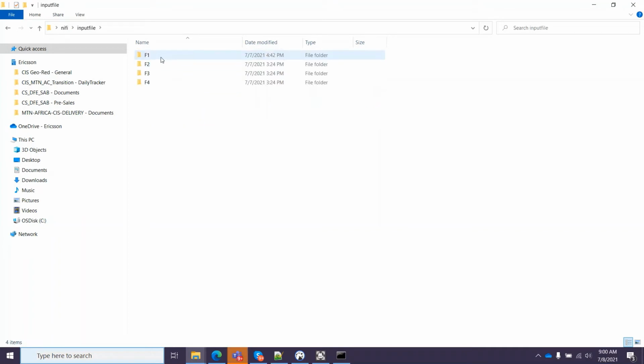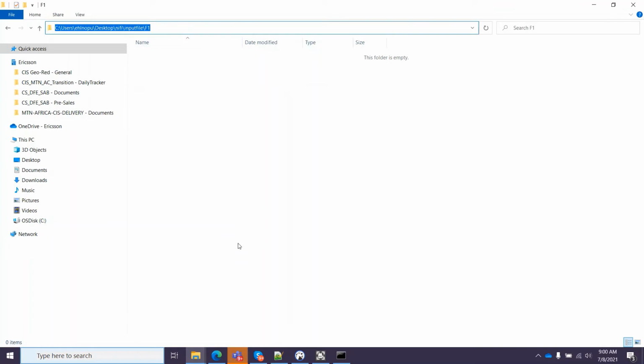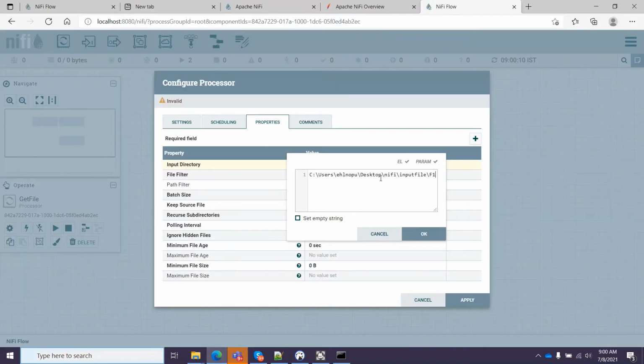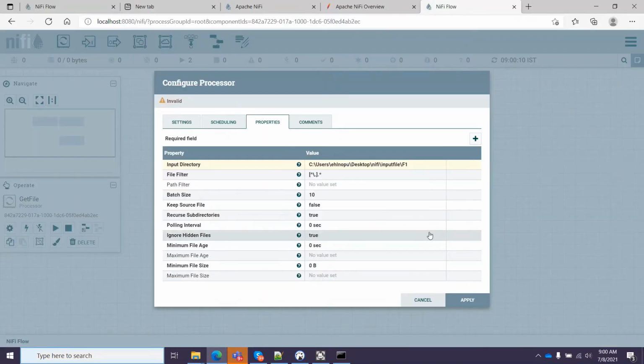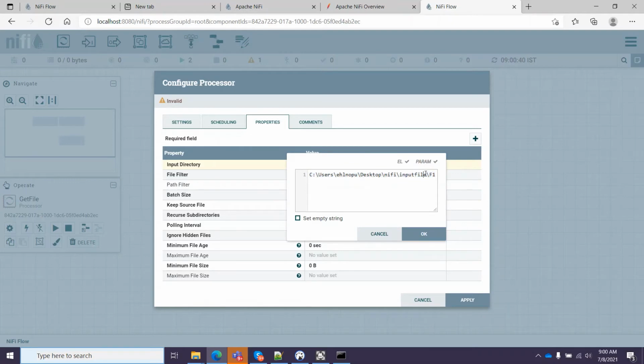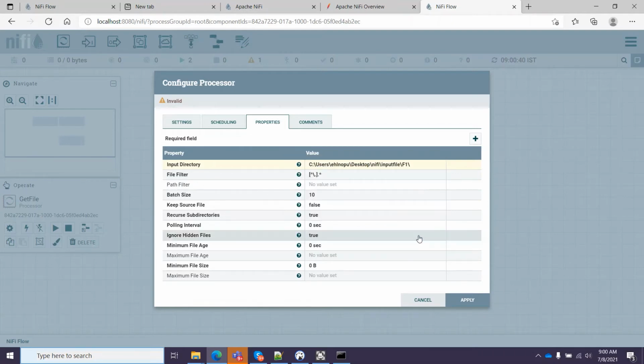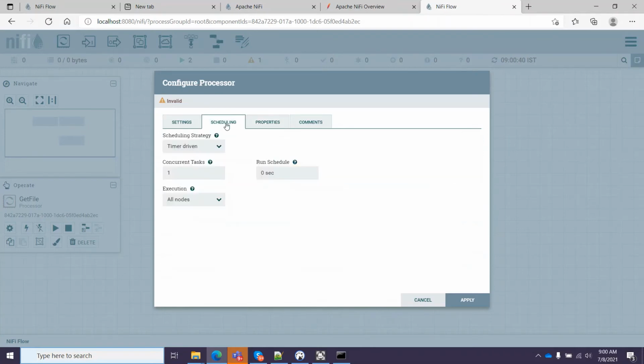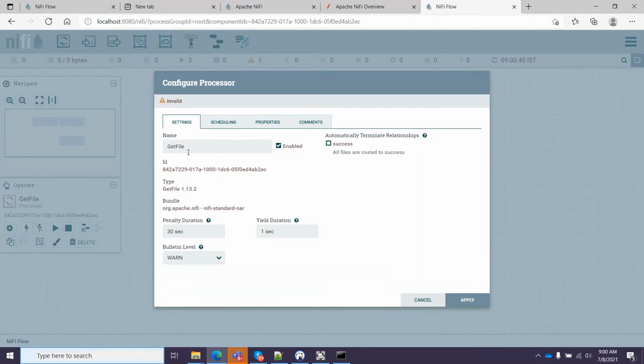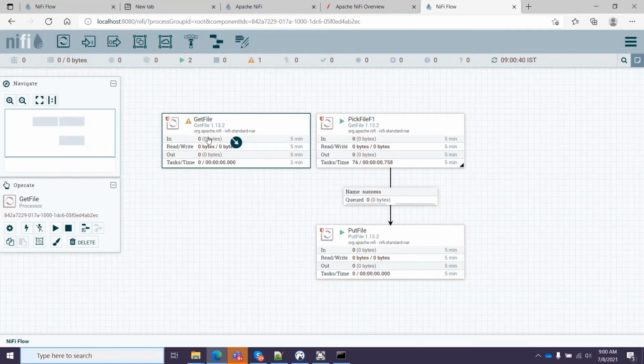I took the input file as this, and I took all the files. Scheduling is okay. Setting is enabled.